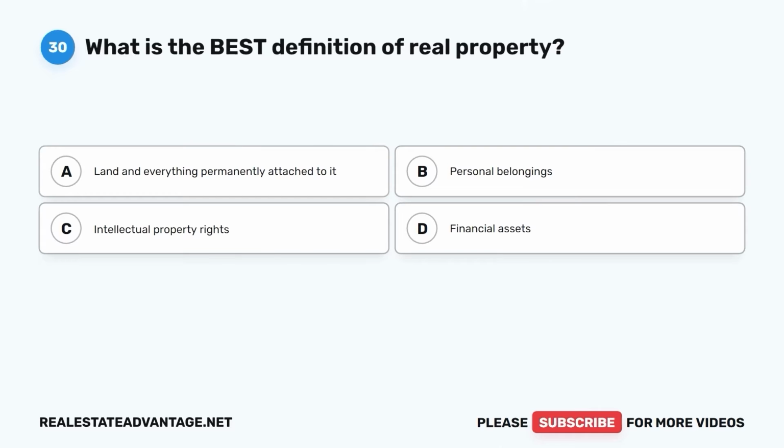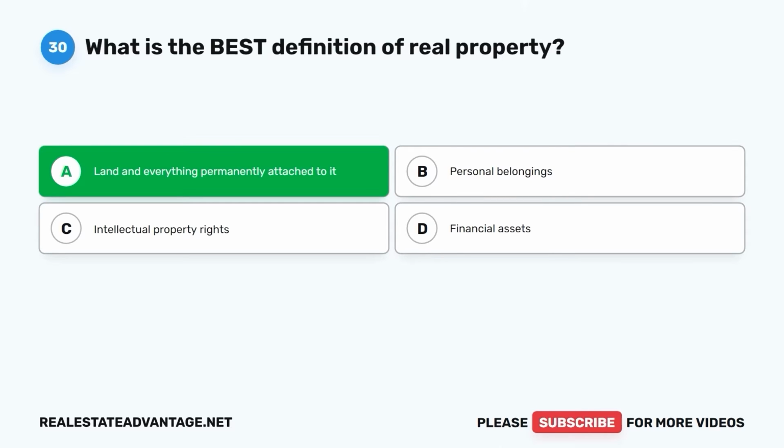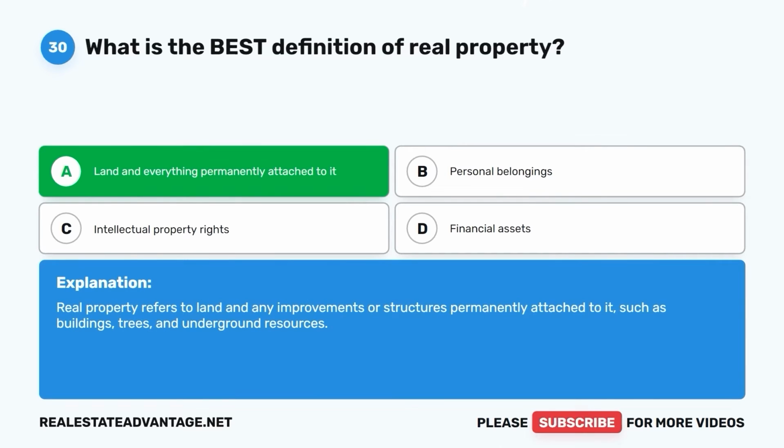Question 30. What is the best definition of real property? A. Land and everything permanently attached to it. B. Personal belongings. C. Intellectual property rights. D. Financial assets. The correct answer is A. Land and everything permanently attached to it. Real property refers to land and any improvements or structures permanently attached to it, such as buildings, trees, and underground